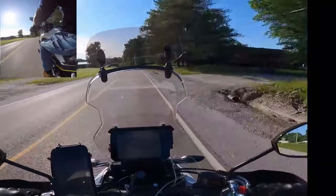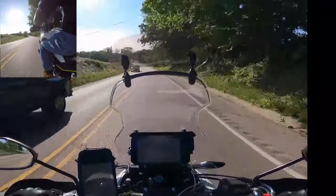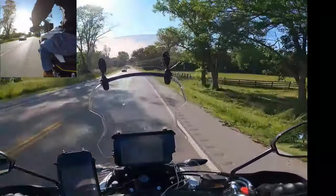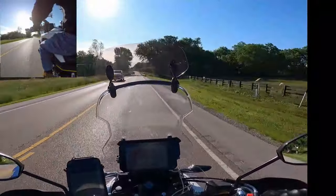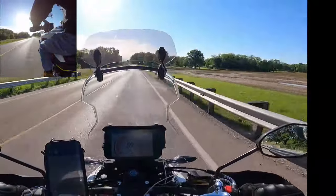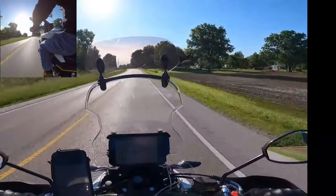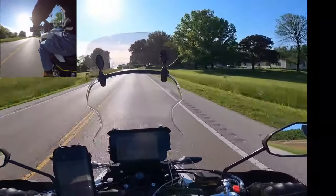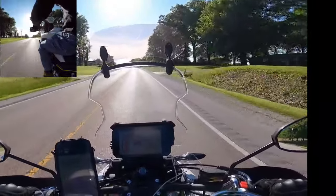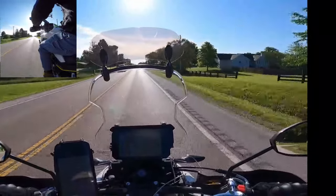Today we're out on the first ride after my valve clearance check and adjustment. Now I'm going to check it out, see how it does. I went on a short ride previous to this, but I left the vent open on my helmet. Oh gosh, that sounded awful on the mic, so I scrapped that video. So this is really going to be my first ride, and this is going to be kind of a long ride. It's going to be about an hour and a half or so,